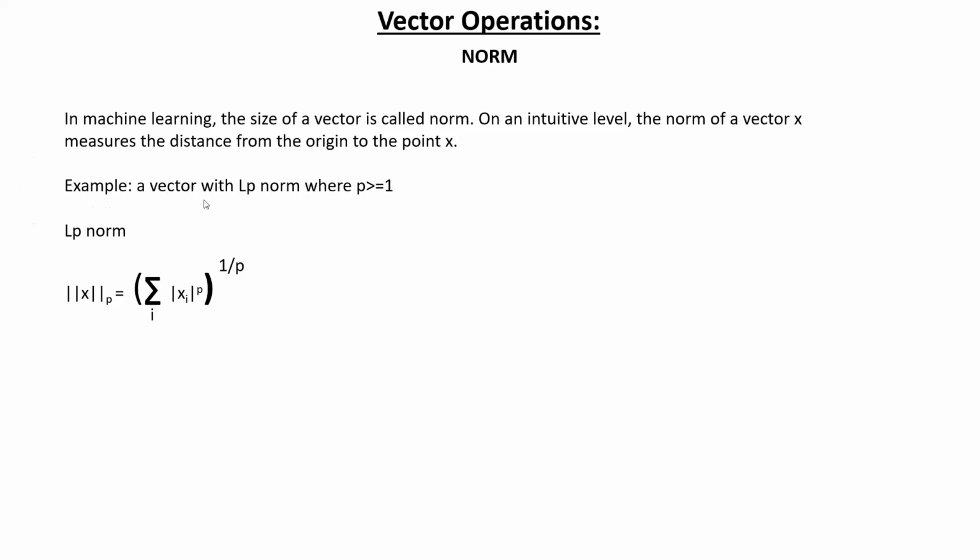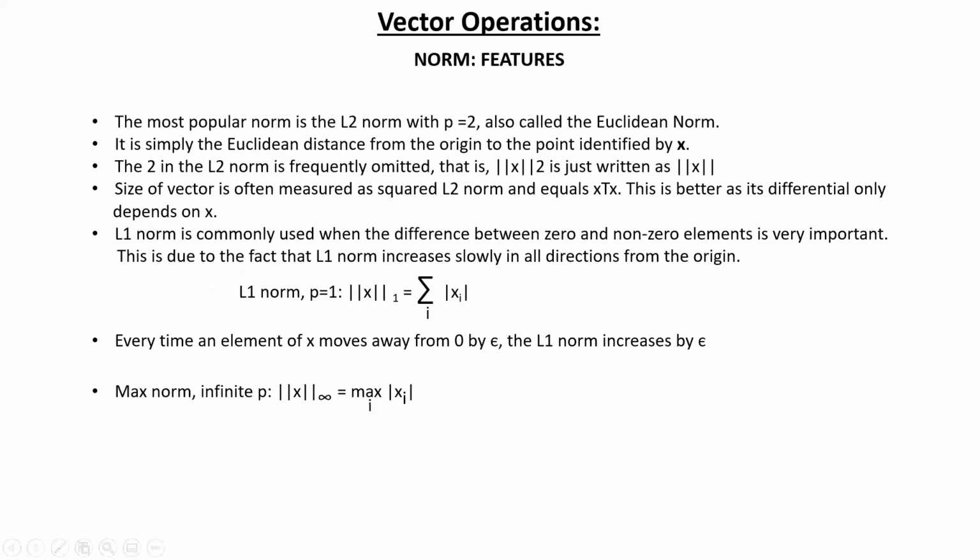Okay, so for example, a vector with LP norm p greater than or equal to 1 will be mod of x of p. This is just a formula, you don't have to go in depth, because the p value and l value make the difference. You just have to know what it is, like the Euclidean norm, Euclidean distance. I will discuss this more in statistics. The last topic here is probability, after that we will come to statistics and then understand it in detail.